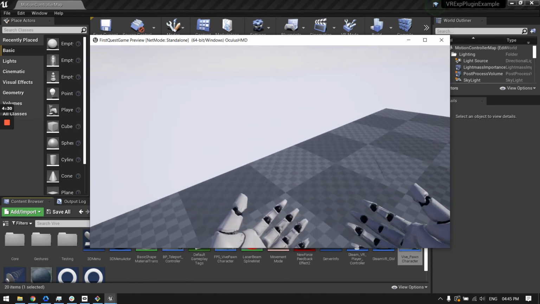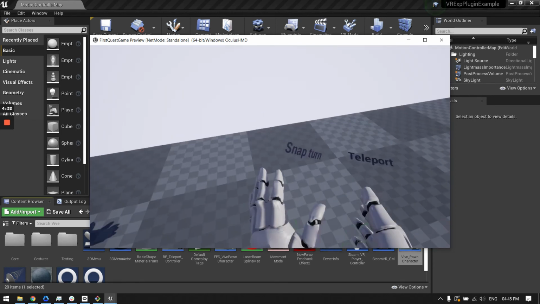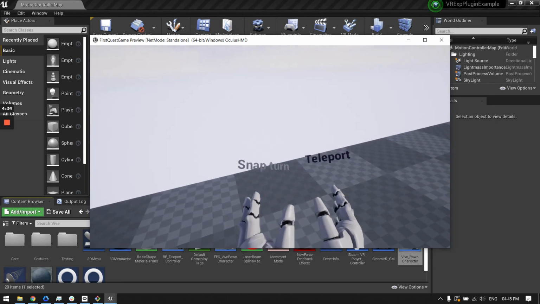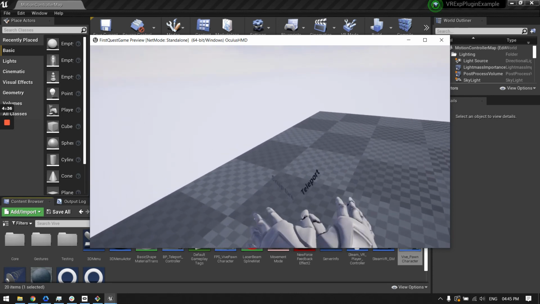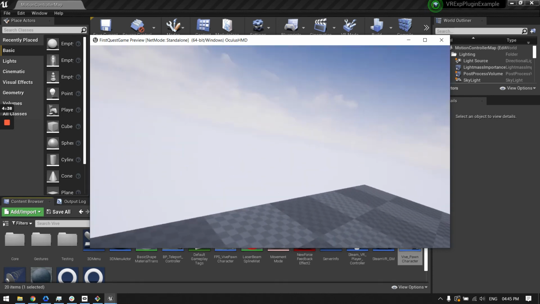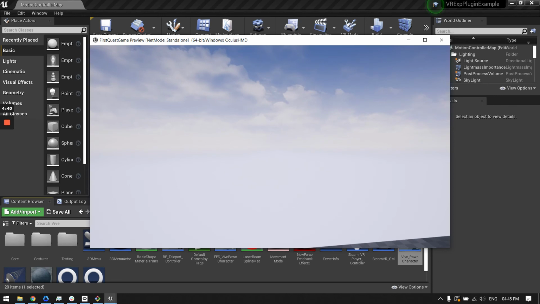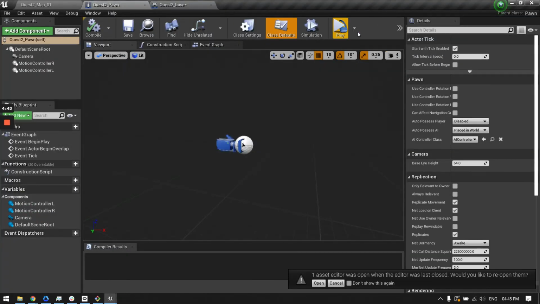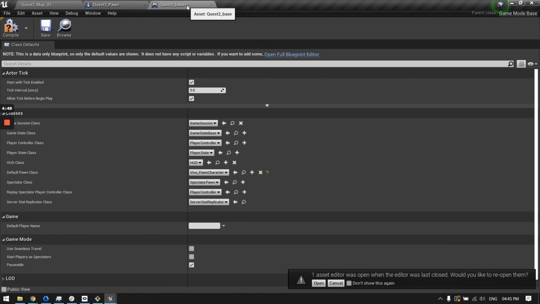I still cannot move around, but at least I have these hands showing up. But that's pretty much it. Apart from that, we need the teleportation, and the meat of the example plugin won't really work. So in the next video, we'll be transporting all the other things which will be needed to get our bare bones project to work perfectly fine.